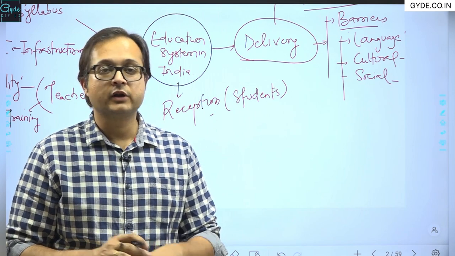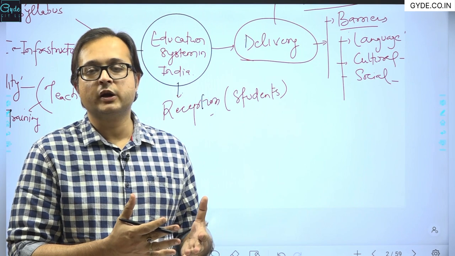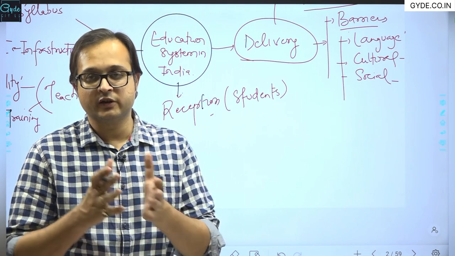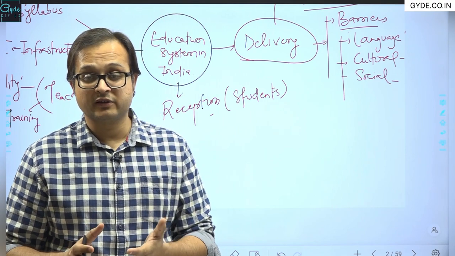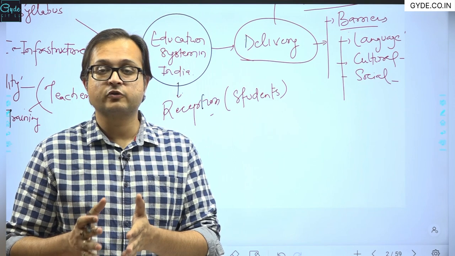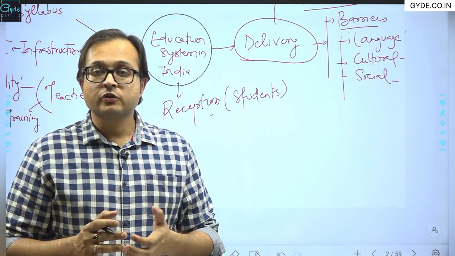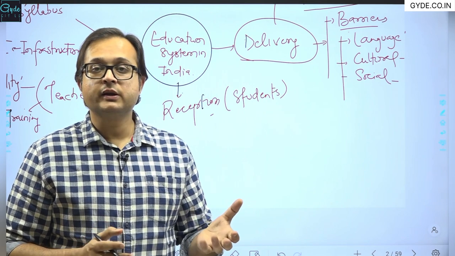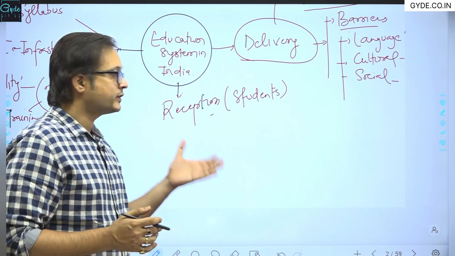That is meant by qualitative learning. We may accumulate many degrees, many certificates, but we may not have the desired skill sets for dealing with the clients, the desired skill set for a particular business, the desired skill sets for a particular set of employment, right? So we have degrees, we have quantity, but we may not have quality, and that remains one of the problems with the reception also.